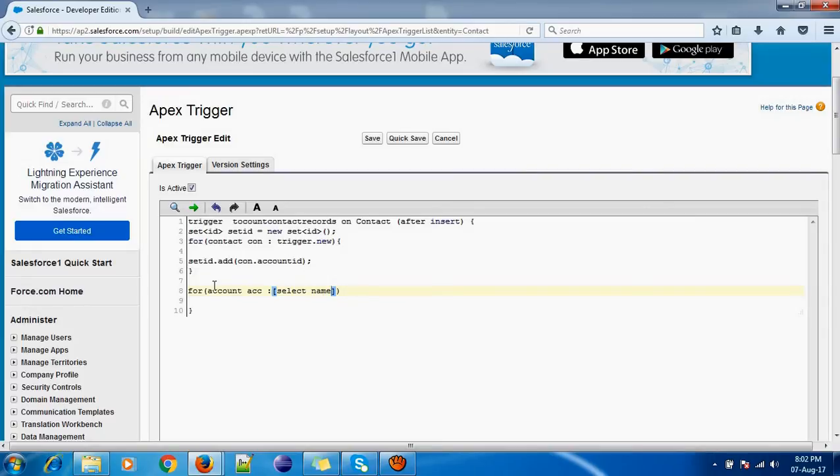First of all, where should it update? If we are trying to save the contact records, the total number of contacts should be updated in the account, and a field should be created for that, right?